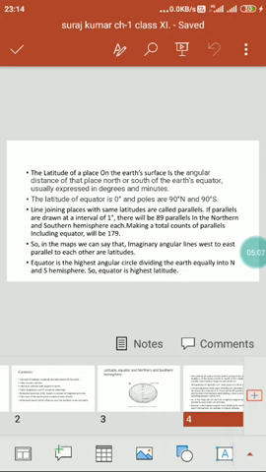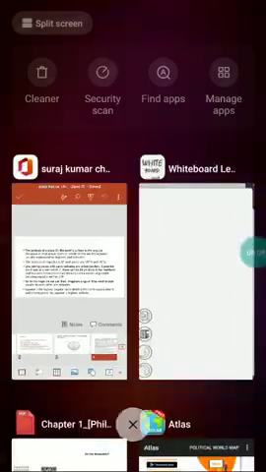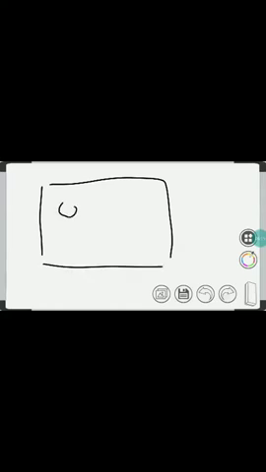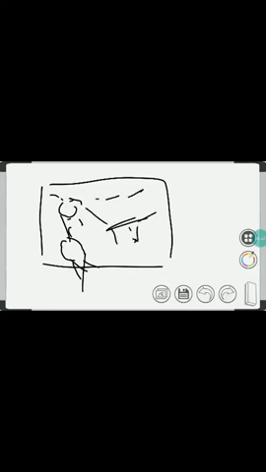Over the map you can watch it. If you see the map of the world, it is a rectangular map. Here you will find different continents. It will be like this one, then this one, and in the same way Europe is there. Then here you will find the Indian subcontinent, then Australia is there, and so on.